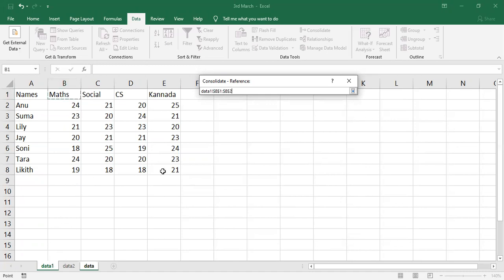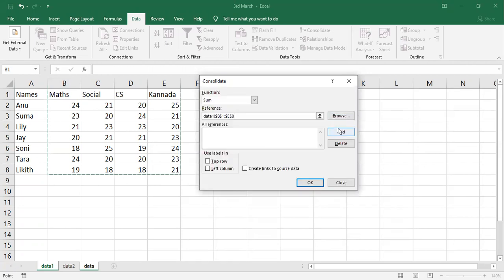Here I am selecting along with the headings. Previously I did not select any heading. I just selected a numerical range. But now I selected even the headings also. Now you need to click on this, select what? Select add.